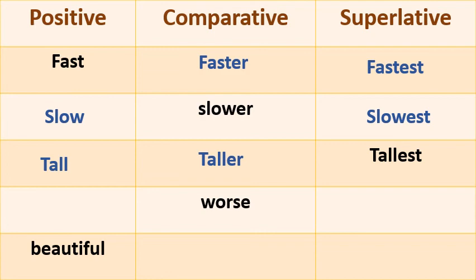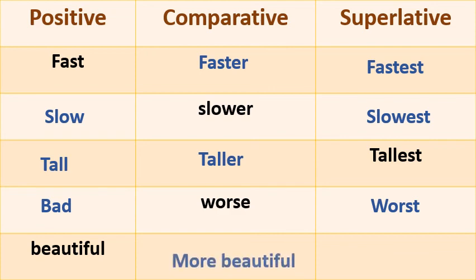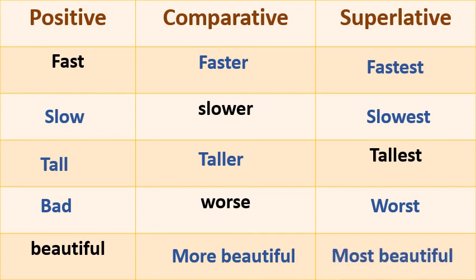This fourth one is different one. Comparative degree is given, that is worse. Yes, dear students, for this positive degree is bad. Remember, bad, worse and worst. Superlative degree is worst. How we did now? Good, better, best, like this. Bad, worse, worst. And beautiful, more beautiful and most beautiful. Nice.